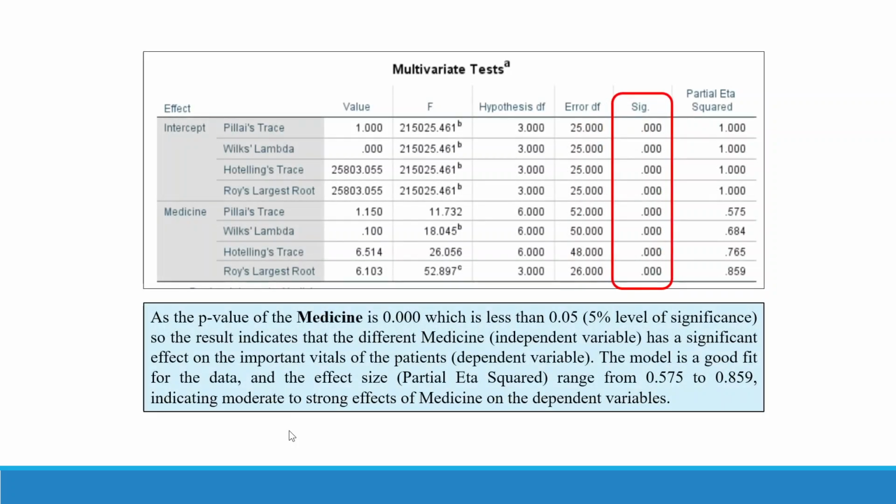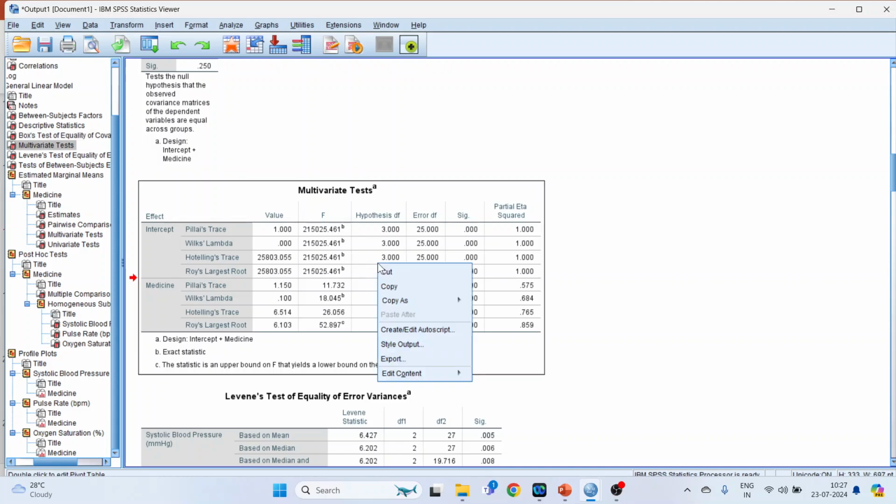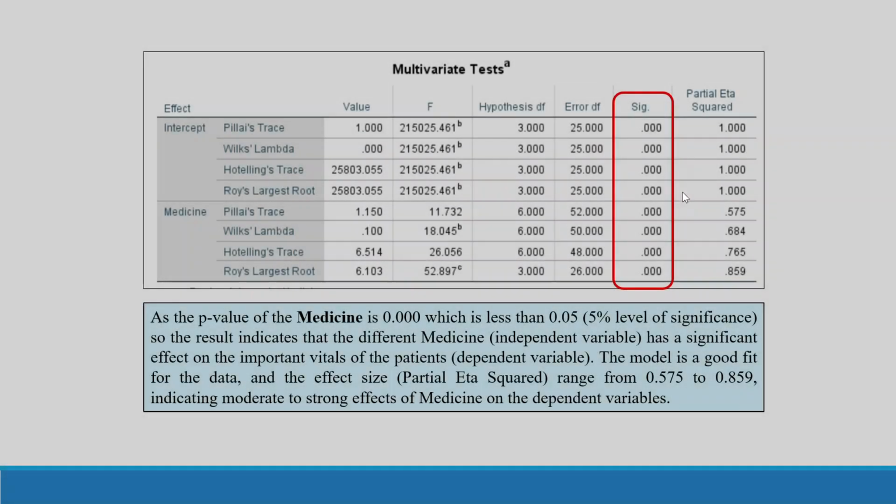The next thing which we have to see is the multivariate test. Now, from where will I get this table? It is here, multivariate tests. Right click, copy, and let's see the interpretation. We have to focus on the significance, the p-value. Here we have Pillai's trace, Wilks' lambda, Hotelling's trace, and Roy's largest root. As the p-value for medicine in all of them is 0.00, which is less than 0.05, the result indicates that different medicines, the independent variable, have a significant effect on the important vitals of the patients. The important vitals are blood pressure,